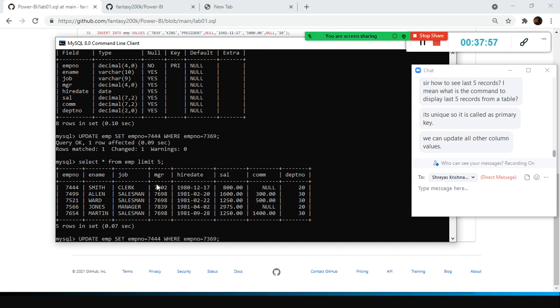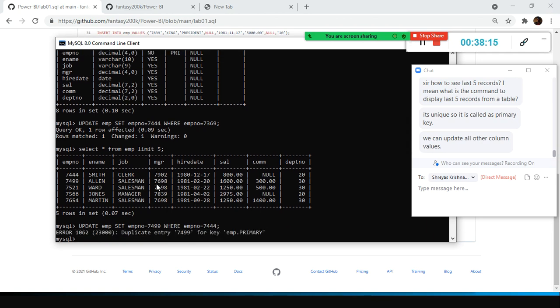You understood? For example, if I give 7444 for the employee number, I gave the wrong employee number. But if I give the same 7499, what will happen? Duplicate entry, because another person already has this number.